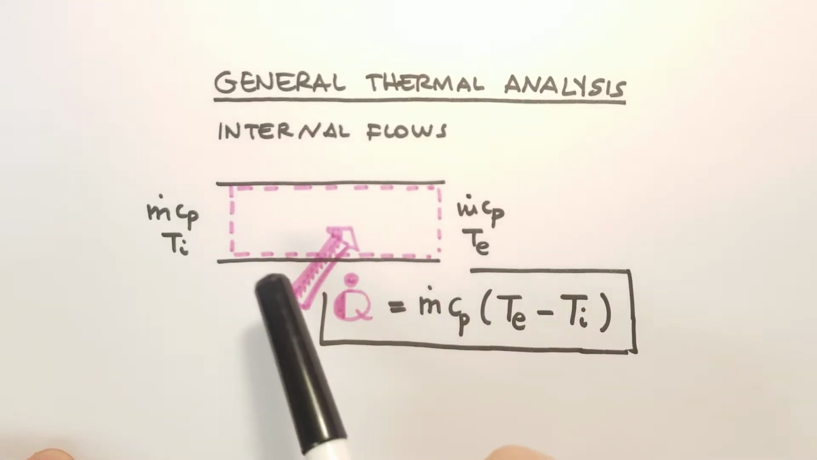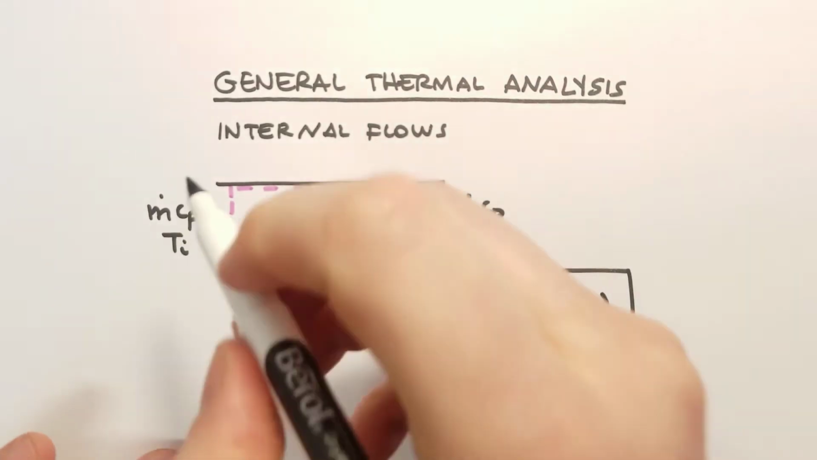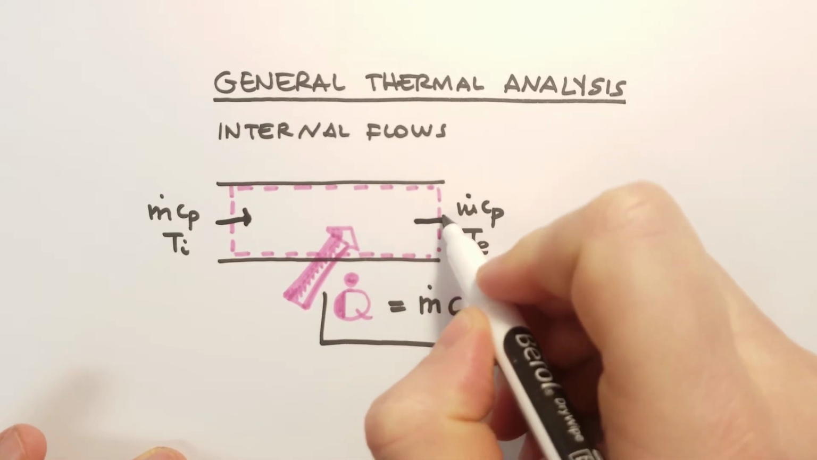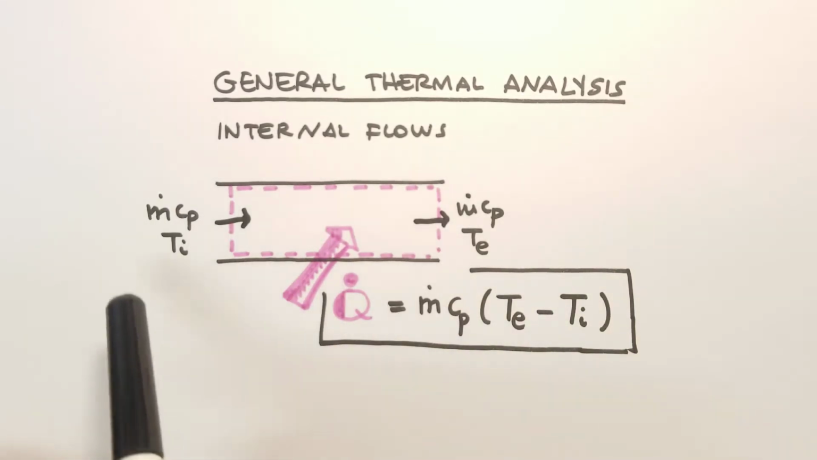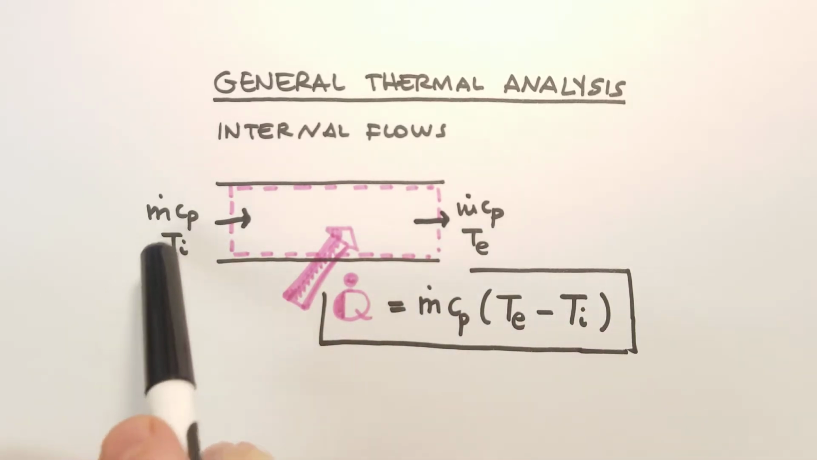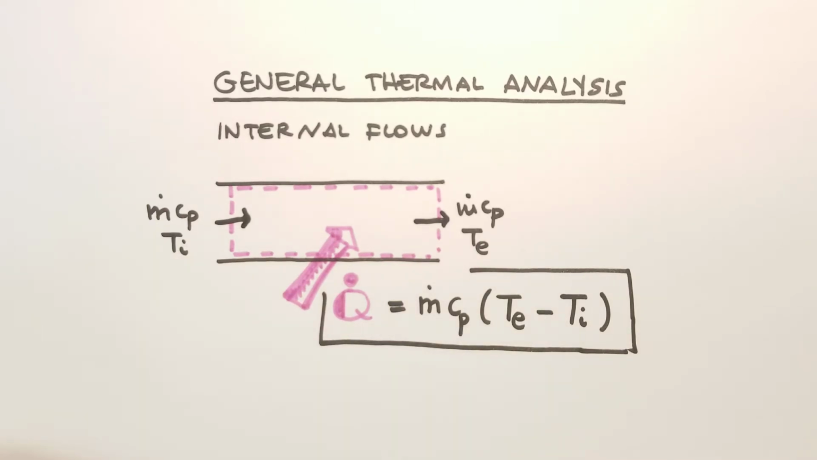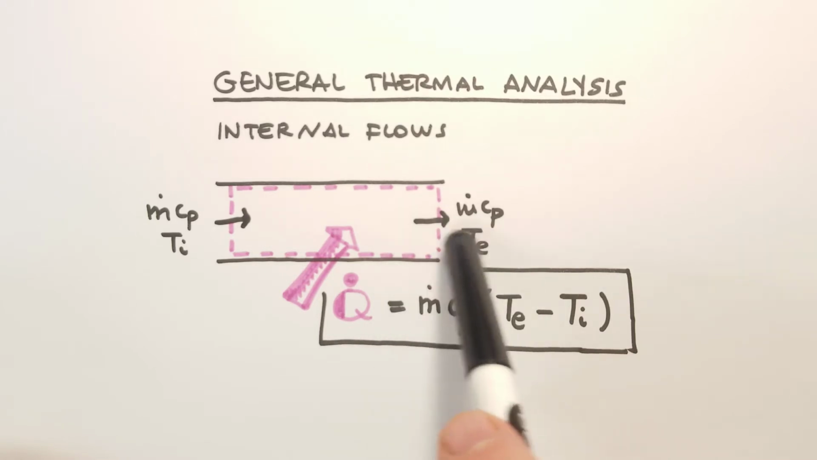You can see here a section of a pipe and we have a flow going from the left to the right, so in this way. And so what's the energy balance for this control volume here that's bounded by this dashed line? So we have a flow coming from the left and the internal energy of this flow is m dot Cp times Ti, the inlet temperature, and the energy leaving the fixed control volume is m dot Cp Te, the exit